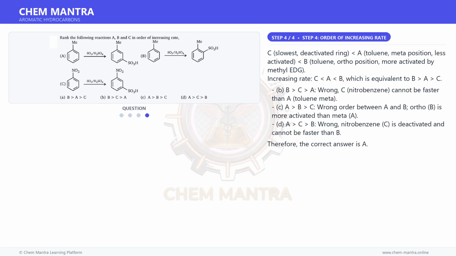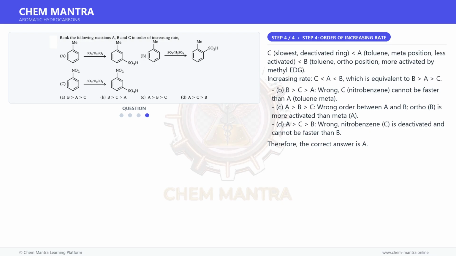And for the final step: C, slowest, deactivated ring. A, toluene, meta position, less activated. B, toluene, ortho position, more activated by methyl EDG. Increasing rate, C < A < B. Option B, B < C < A, wrong. C, nitrobenzene, cannot be faster than